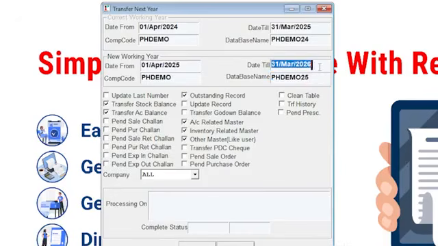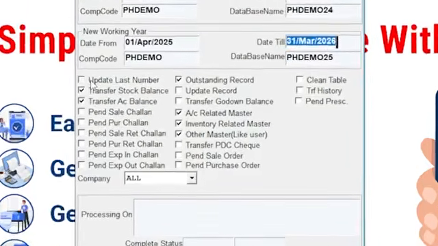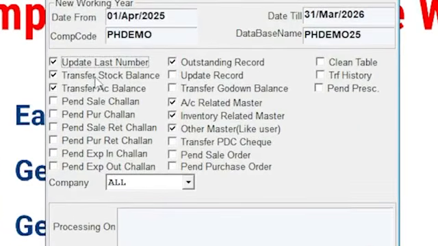Here the important thing to note is the date range shown. Tick update last number. If you want to carry your stock forward, then you have to tick transfer stock balance. And if you don't want to transfer stock, you can remove this option from here. Similarly, for transfer account balance, the account balances that we need to carry to the next year period forward,